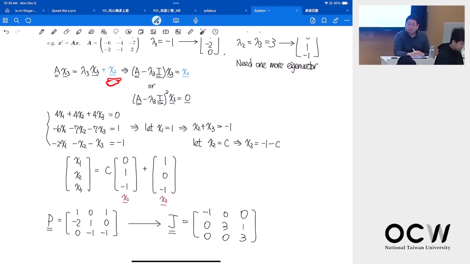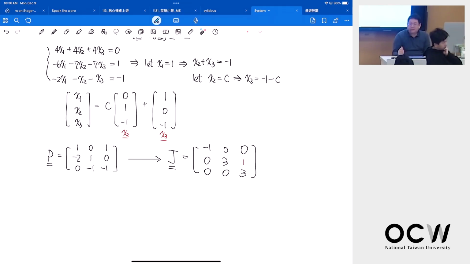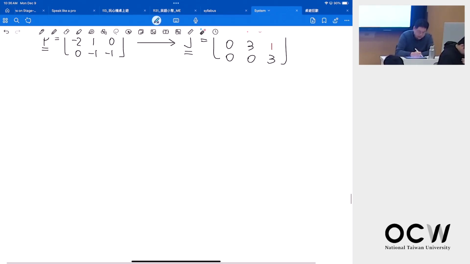So every time you see the matrix, you can immediately tell people how many repeated eigenvalues you have and how many generalized eigenvectors you have. For example,